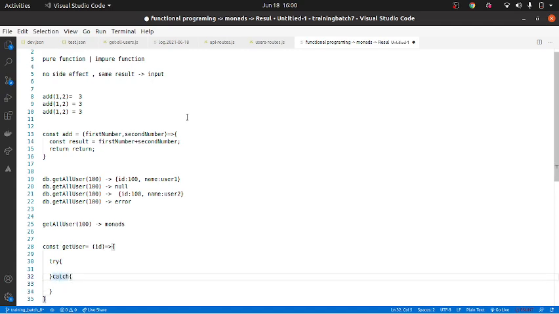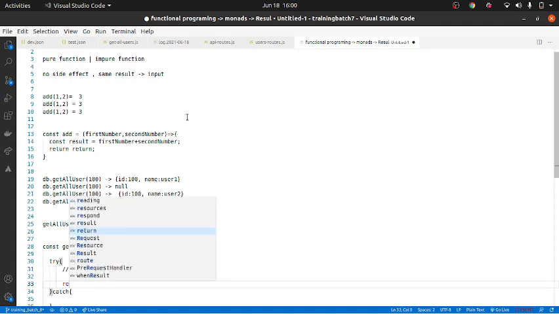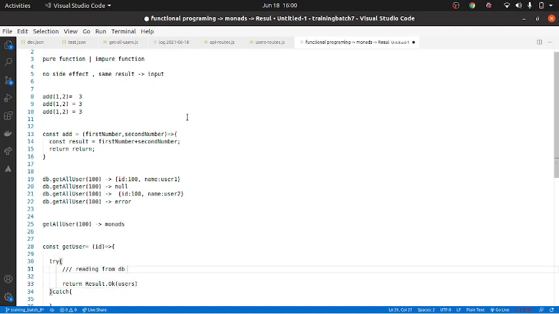Now in the try, I am reading from the database db and then returning Result.Ok with the data, let's say users. I have read all the users from the database and I'm returning Result.Ok, telling that there was no error and this is the data, users.